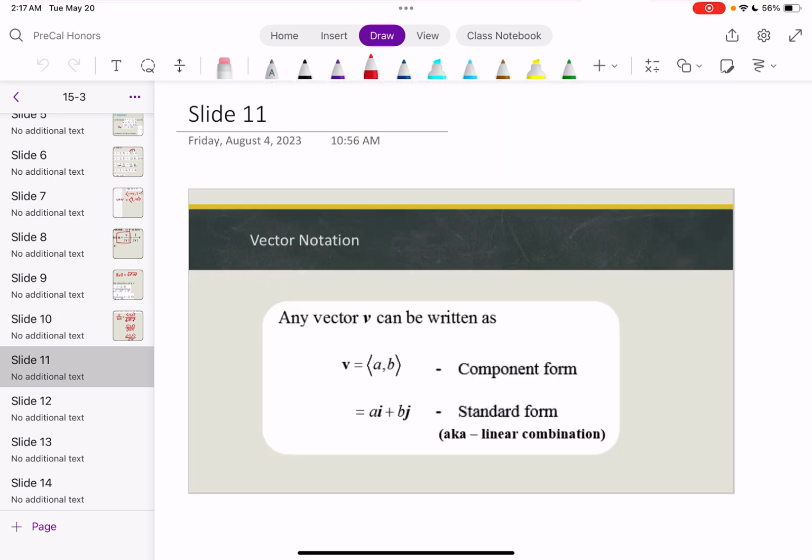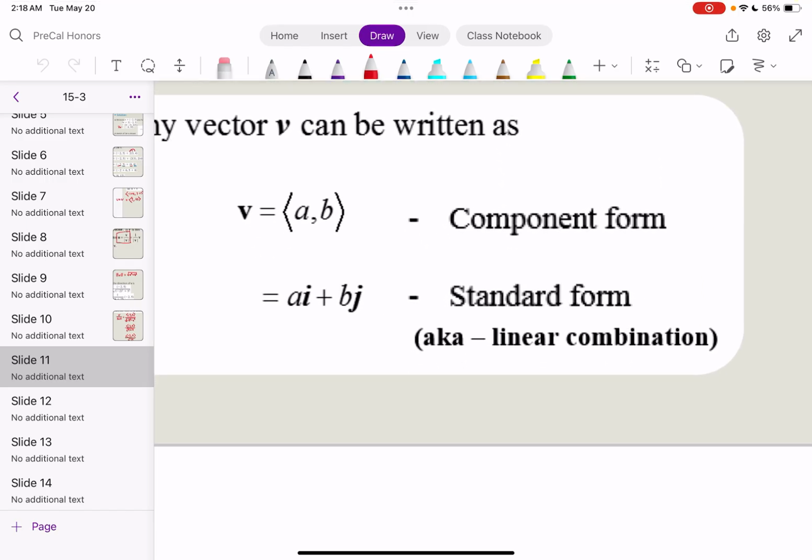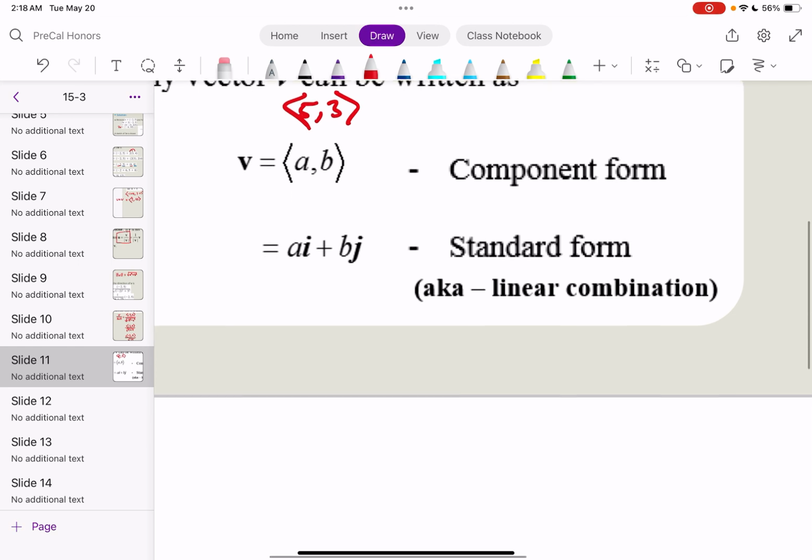In slide 11, we go ahead and start talking about different forms that we can see the information being given. Now the first form would be component form, which in this case would be with our pointed parentheses around our a and b value. And we also have standard form. So in the case that this would be a 5, 3 scenario for our a and b, this would be similar to